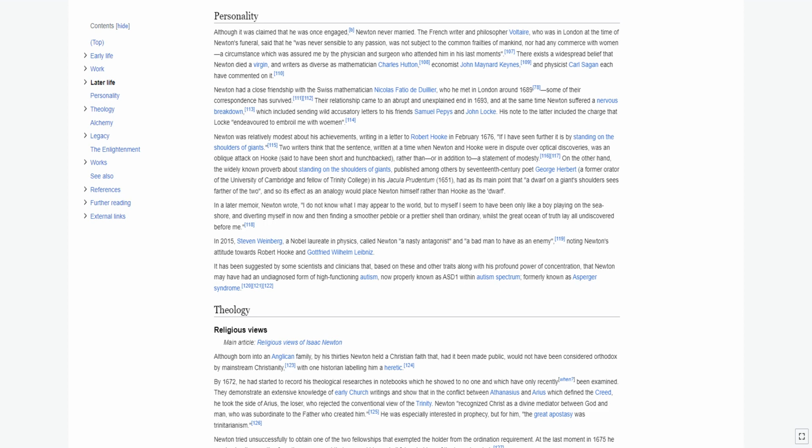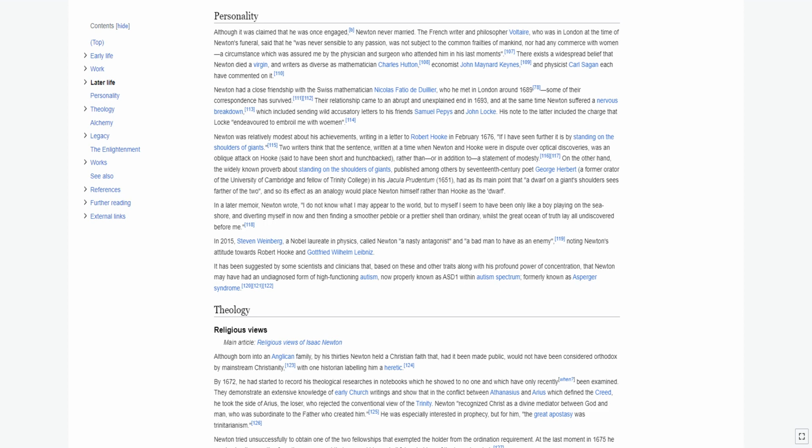Newton was relatively modest about his achievements, writing in a letter to Robert Hooke in February 1676, "If I have seen further it is by standing on the shoulders of giants." Two writers think that the sentence, written at a time when Newton and Hooke were in dispute over optical discoveries, was an oblique attack on Hooke, said to have been short and hunchbacked, rather than, or in addition to, a statement of modesty. On the other hand, the widely known proverb about standing on the shoulders of giants, published among others by 17th-century poet George Herbert, a former orator of the University of Cambridge and Fellow of Trinity College, in his Jacula Prudentum,